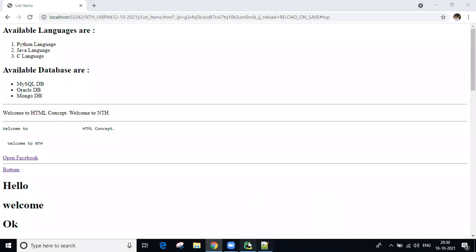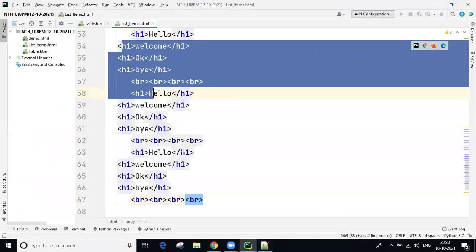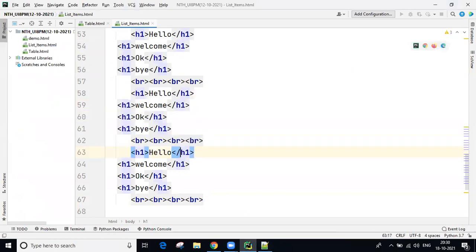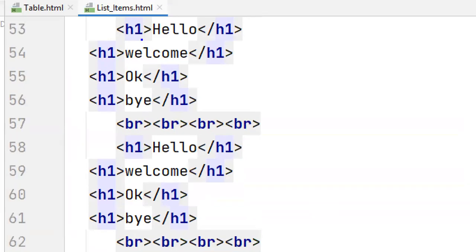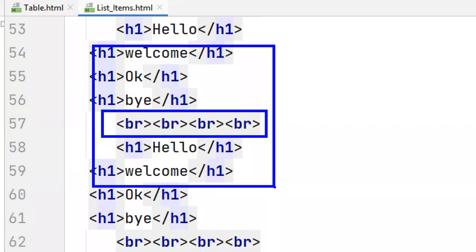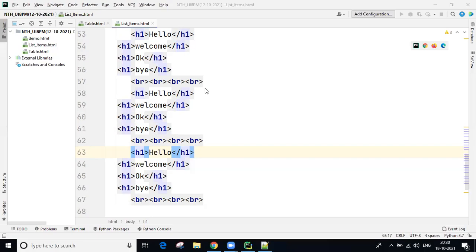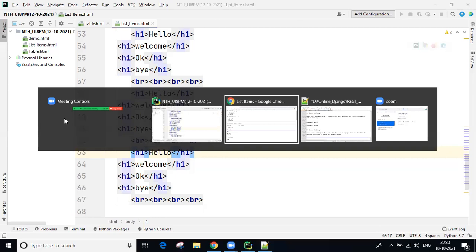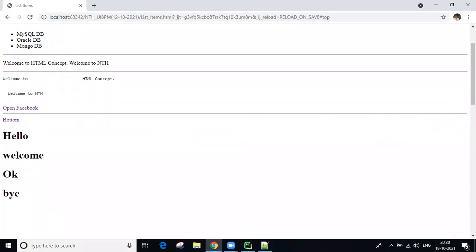So now all these things are dummy content that I took. H1 tag, you all know this, guys, H1. So welcome, okay, bye, whatever you want, you can take it. BR means break the row, means gap you are getting, guys. Here you can see after displaying some content, you're getting gaps because of the BR.